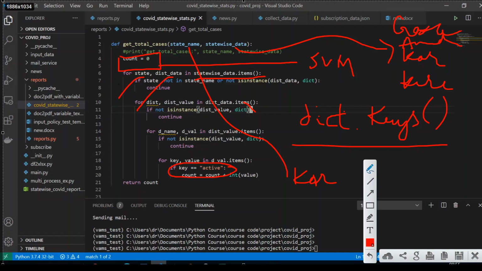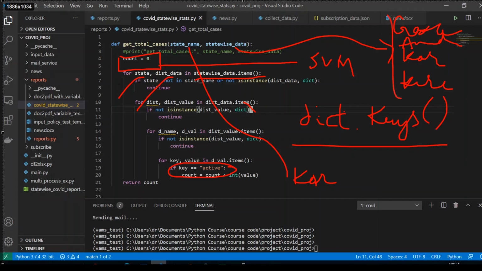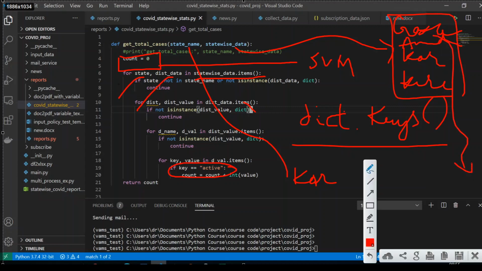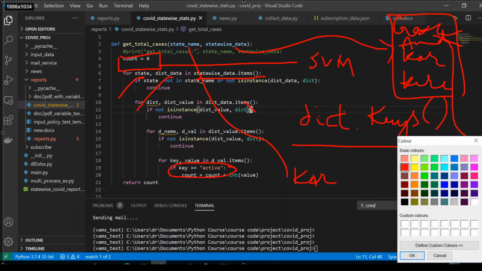So it has all the data, and this is a dictionary. It will also have a lot of other data. So we are extracting that particular key.